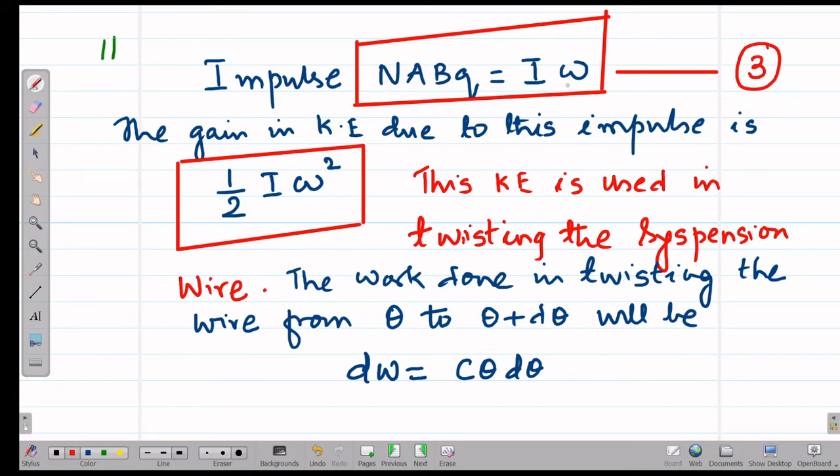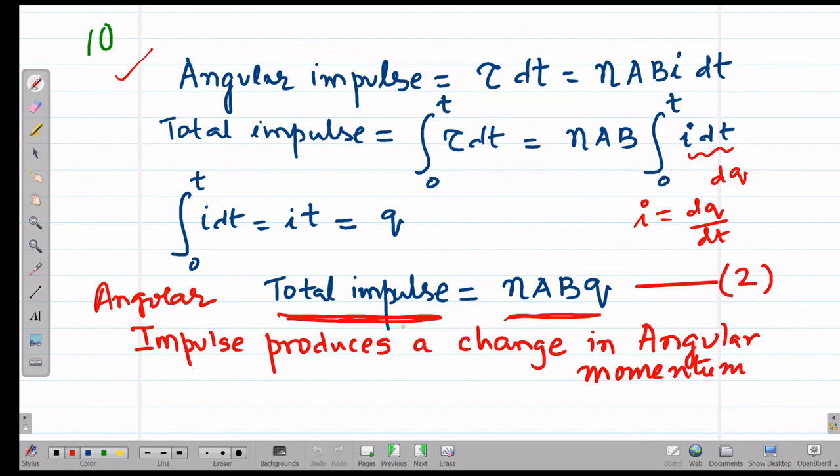So all that we have done is just recalled something that we learnt in first PUC. Whenever there is a torque acting on any body, the torque will produce an angular impulse. That angular impulse will produce a change in angular momentum. In this particular problem, we have calculated the angular impulse to be NABQ that you saw in the previous step. Angular impulse is NABQ, and